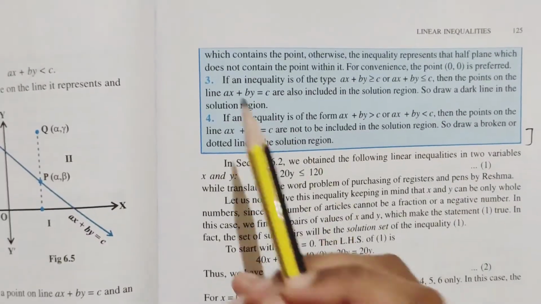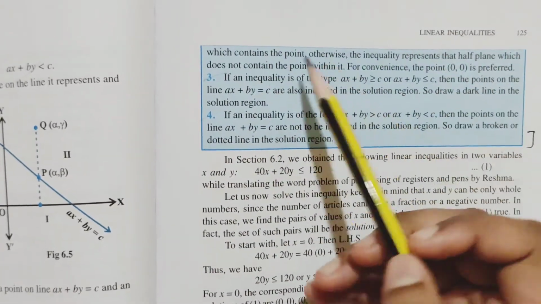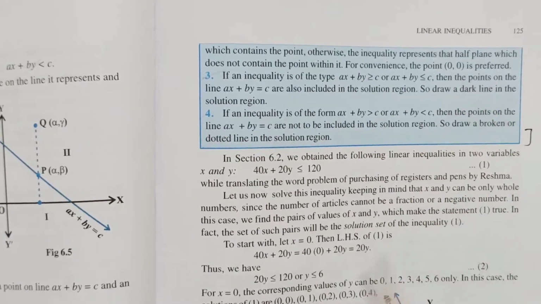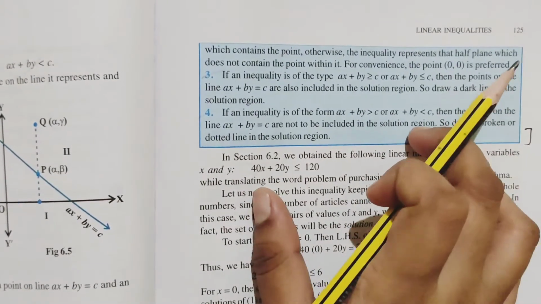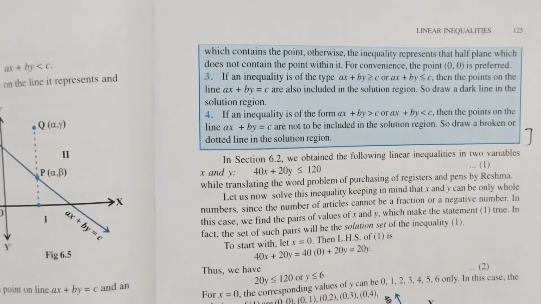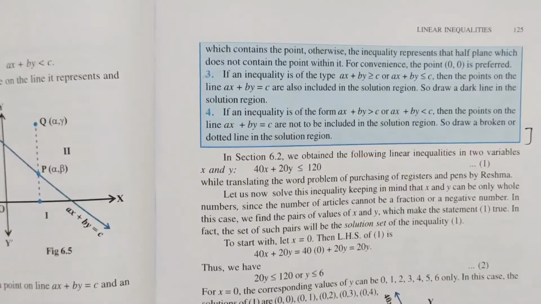Continuation is here. The third and fourth points are also there. They have given the steps, that's it. These points cover when it is equal to, when it is greater than or equal to, the inequality cases. It will probably be helpful for your CT, JEE, NEET and so on. That will be useful, so better write it.